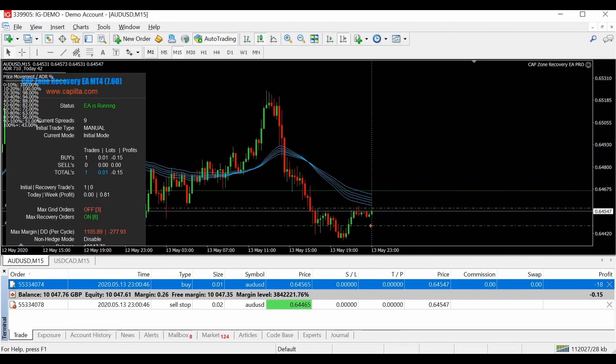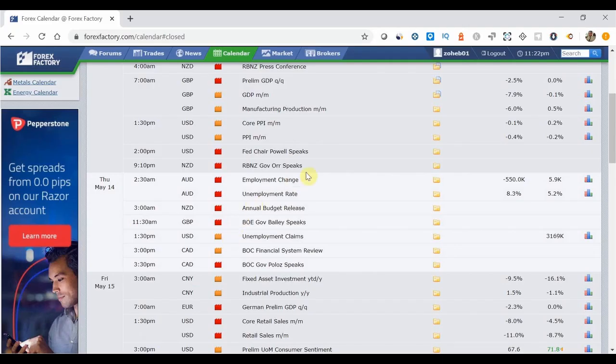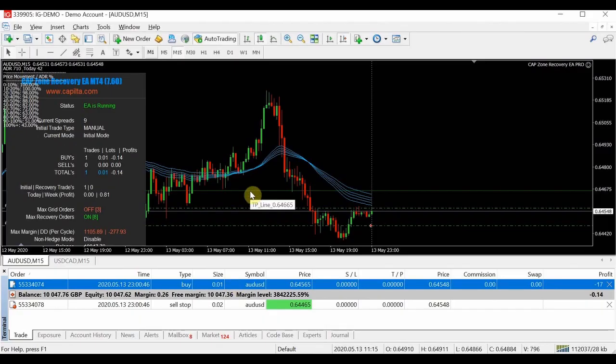The reason why, for the Aussie dollar, we've got some important news releases, employment changes. So I do feel that this pair is going to move in one direction. Again, I'm not fussed on what these numbers mean, good or bad, for the currency, or for the economy rather. For me, it's all about getting movement and volatility in the market. So I'm quite comfortable that this pair will move at some point in the early hours of the